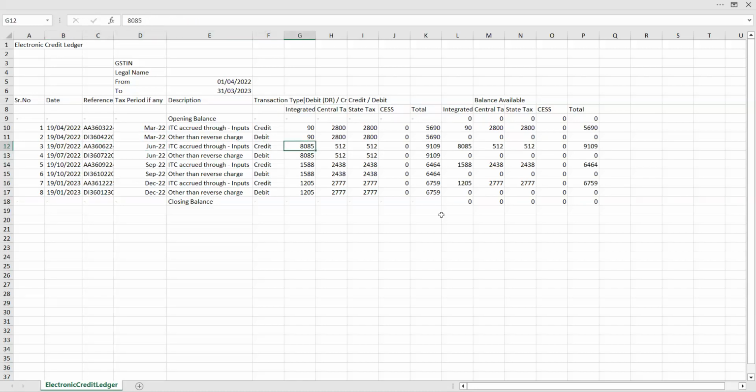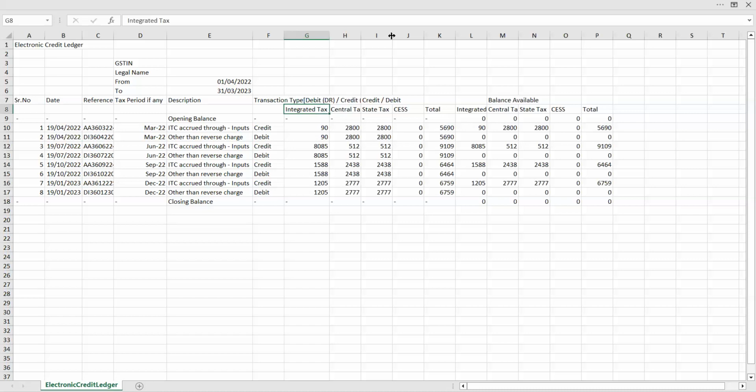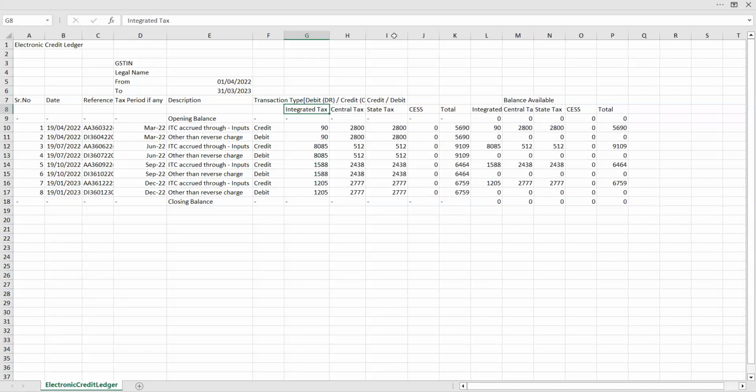So if you see here, IGST, CGST, SGST, and you see here, this is the balance. After whatever transaction has happened here, what is the balance lying on that particular day? Okay. Now, if you filter